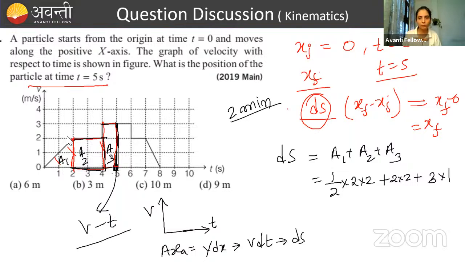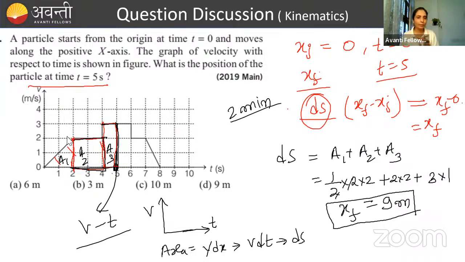So that is 3 into 1. How much is it? 2 plus 4 plus 3. So that is equal to 9 meters. Now ds is equal to what? ds is equal to xf minus xi. That is equal to xf, right? So 9 meters will be the answer. One important thing I want to tell you, if the